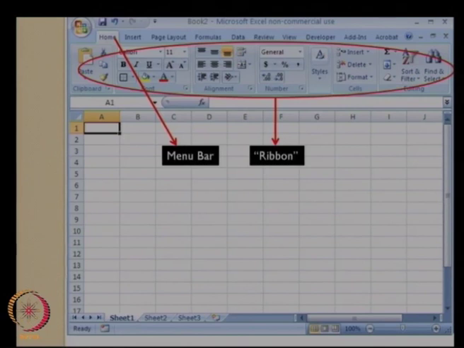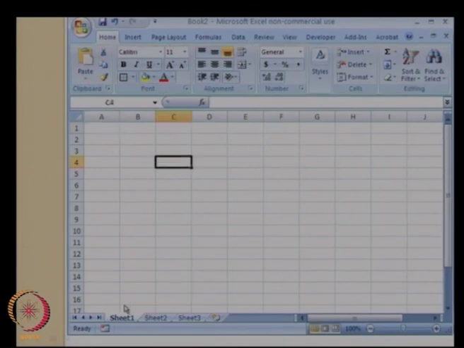It gives you the various options under that menu bar, and finally, as I told earlier, at the bottom you have the various tabs for the worksheets. Over here there are 3 different worksheets. The worksheet that is currently active is called Sheet 1.